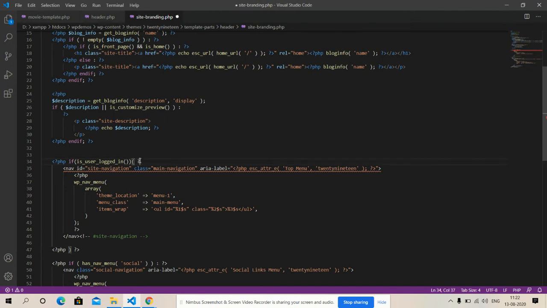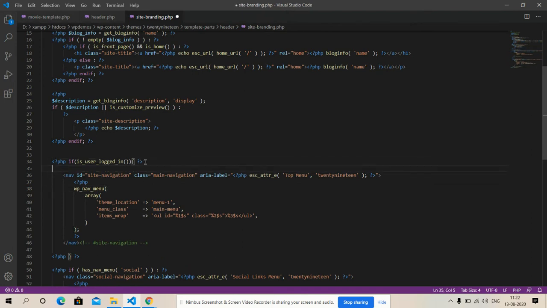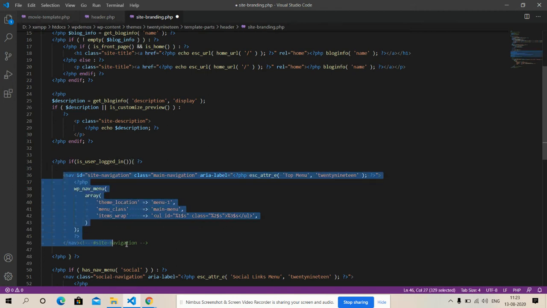So friends, here I have made the function for the logged in user and here is my menu code.